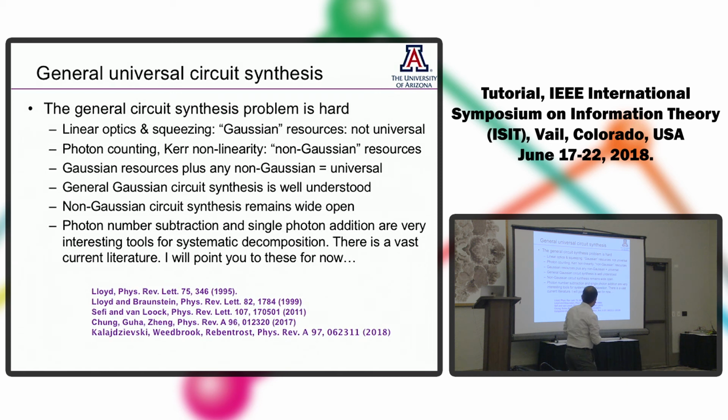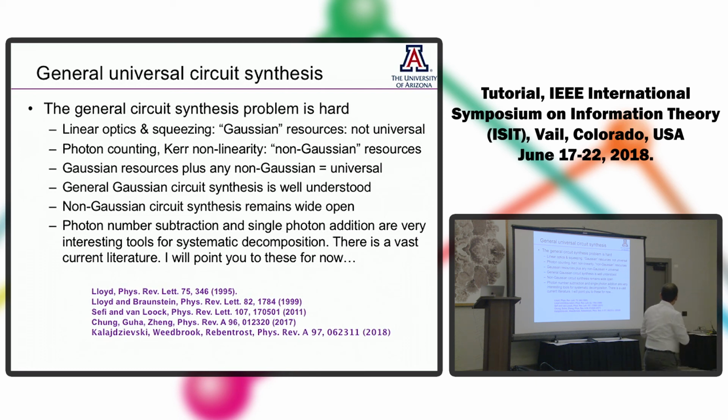There has been a lot of work starting from, I would say, Seth Lloyd's 95 paper and this famous Brownstein and Lloyd paper in 99 on understanding this circuit synthesis task. In a lot of quantum information theory results applied to optical communication problems, you will end up with an operator description of an optimal measurement or an optimal unitary. But how do you take that and translate that into elements that come from this universal set is very